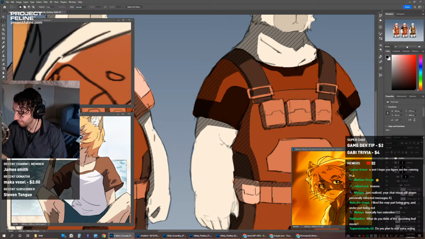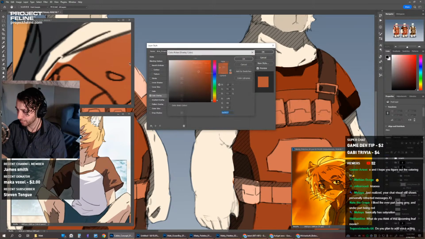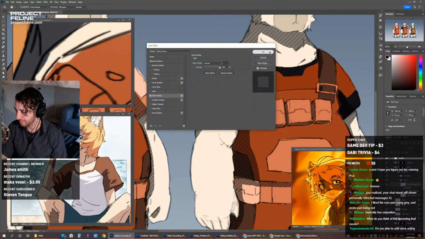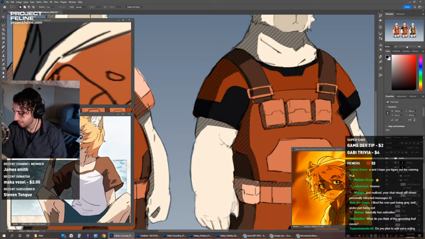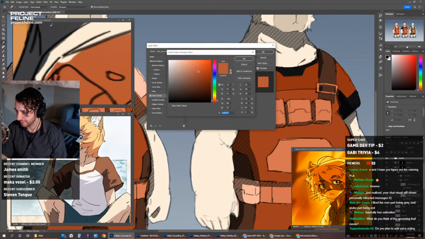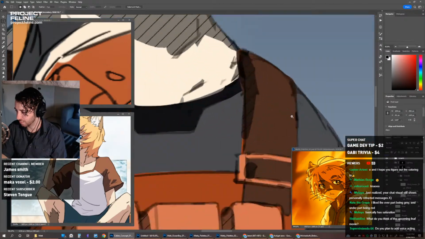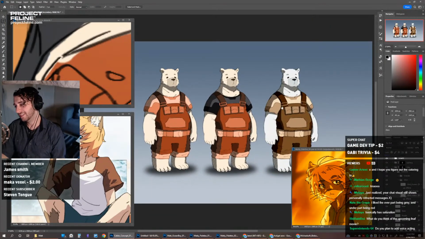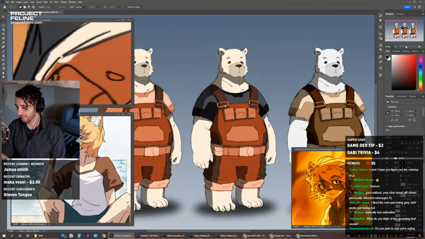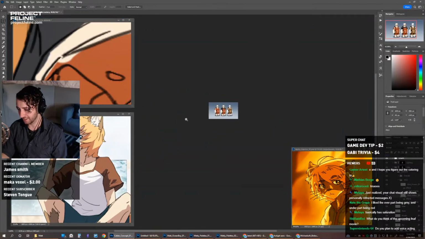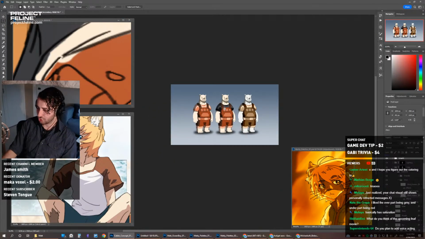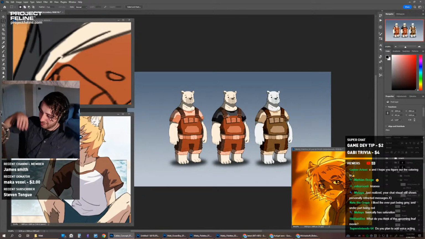All right, well, let's get the color. All I need to do is change the... I'm going to make it slightly blue. It's not going to be like gray. It's going to have a cool gray to it, just to kind of go against the red. Actually, with the overalls, that does not look good. The overalls are going to need to be brighter for that to actually work, I think. Like the straps, those straps look terrible.